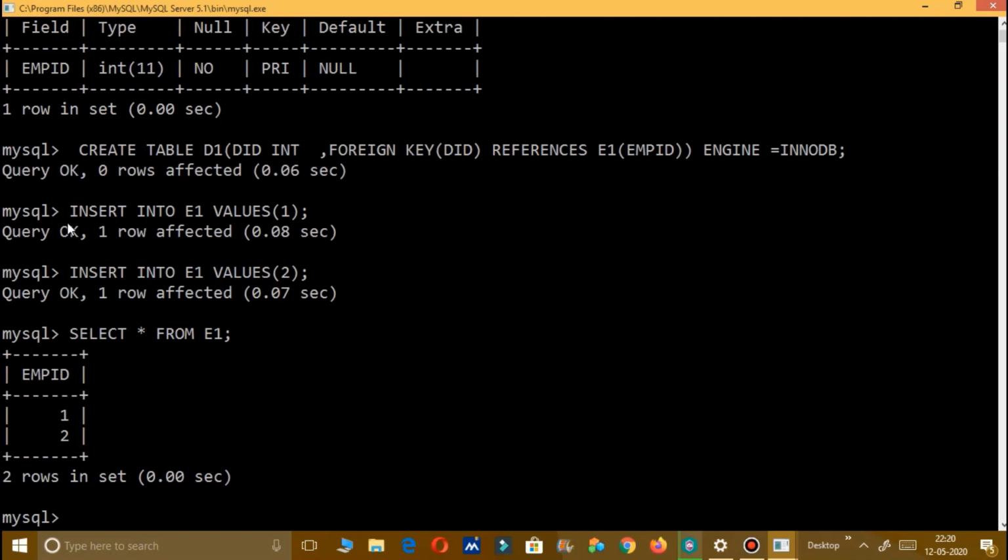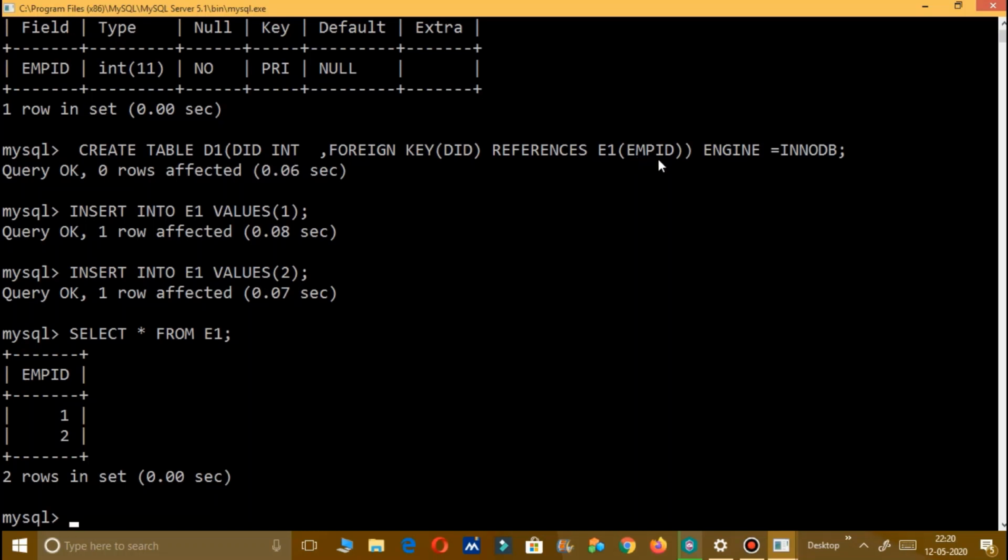Fine. Now this parent table is supplying the values to the child table. Here we have seen this DID is connected with the employee ID. I have given the references that this foreign key DID is connected with the employee ID. Once you get an employee ID, only then will you be entering inside the department. You will get a department ID only when there is an employee ID.